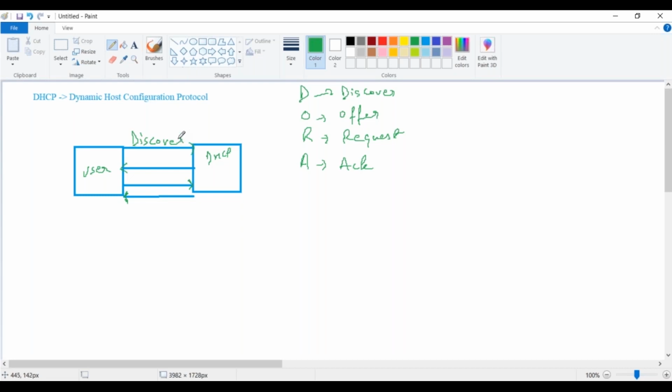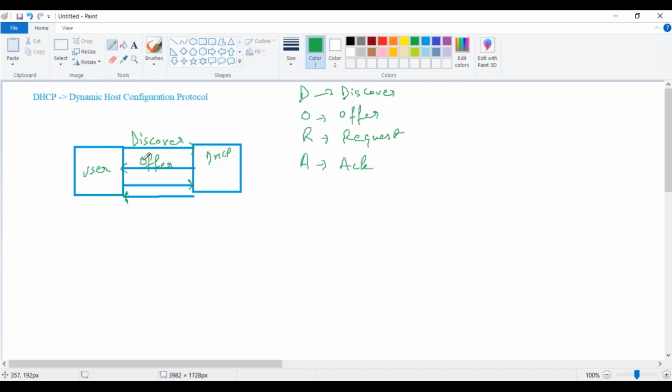Once you hit a DHCP server, it sends you an offer, saying, this is the IP I have, and if you want it, you can take it.